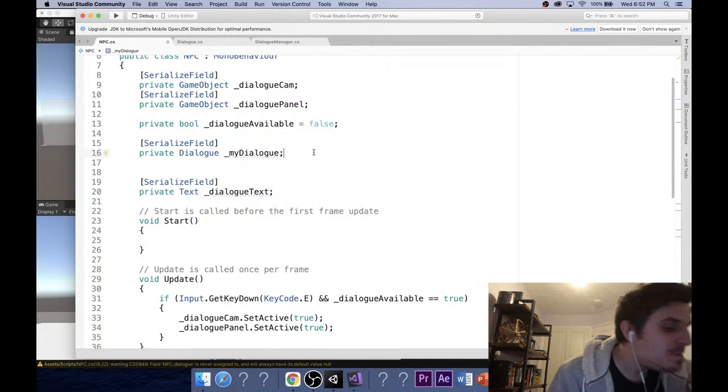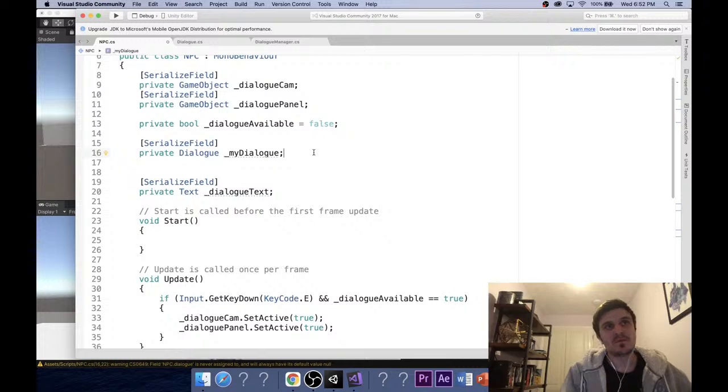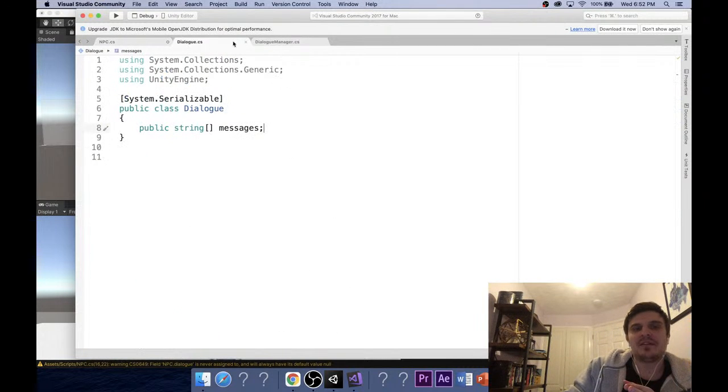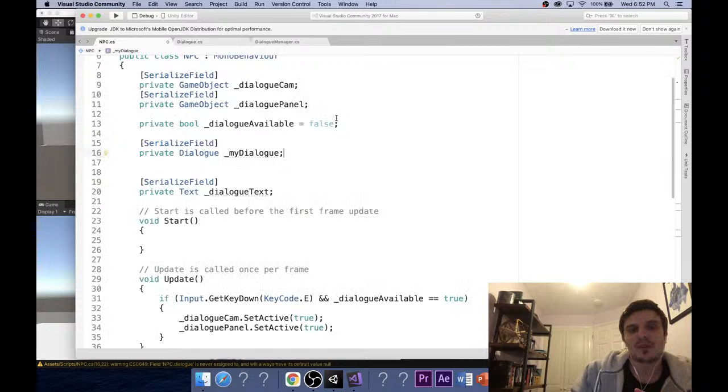So again, when we talk about the instances, this text is going to work for every single other script for their own custom dialogue. So we don't have to do this over and over and over again. Cool. So once we've added my dialogue in the inspector NPC script, right,